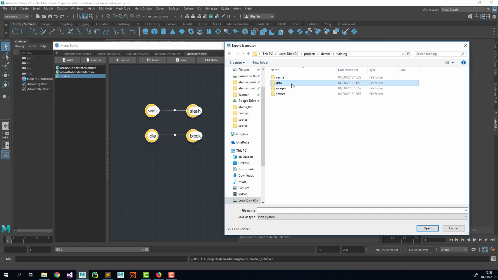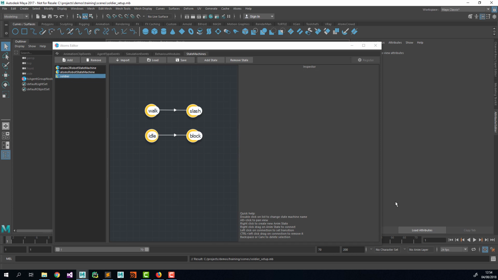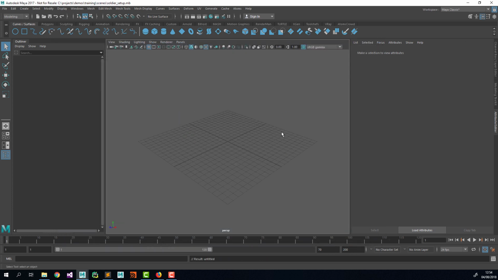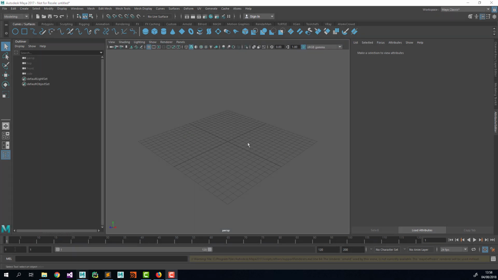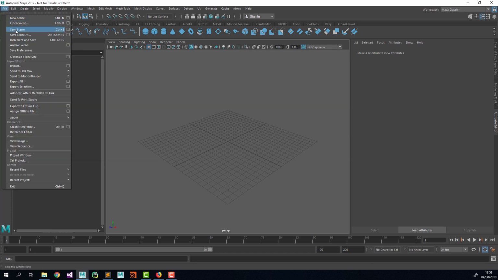So I'm gonna go to data, JSON, and I'm gonna call it soldier. So there you see already I have another JSON file which I exported from the scene that we created in another tutorial, which was the arrow emitter tutorial, and I'm gonna use that one as well later on in my scene. Soldier, it's exported. That's cool. New scene. Actually, before we continue, I'm also gonna export